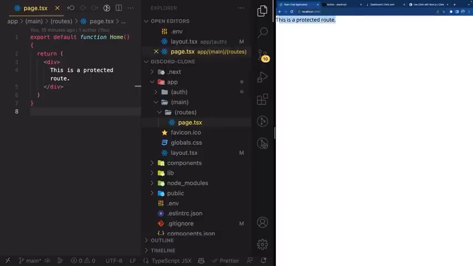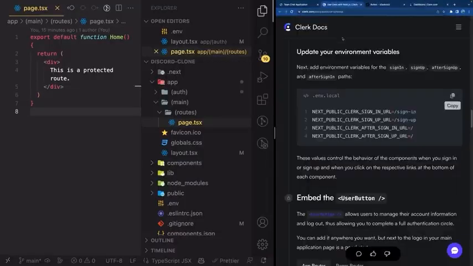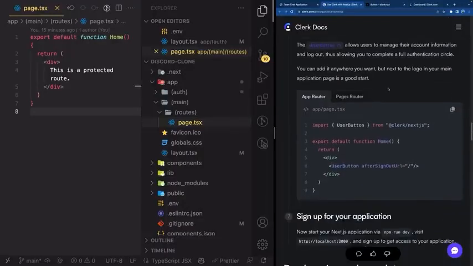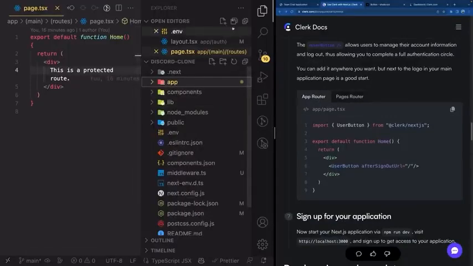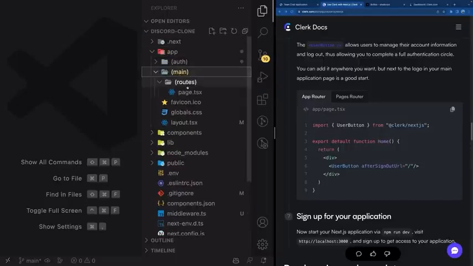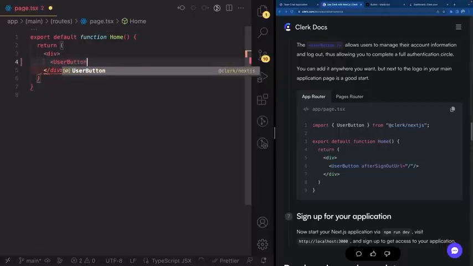And now I need to add something to log out, right? So what we can do is use this very cool component that Clerk has, which is in step 6 in the documentation, called user button right here. So again, make sure you pre-selected the app router, and let's go inside. I'm just gonna close everything and go back inside of your app folder, main routes page.tsx right here. And instead of saying this is a protected route, you can remove that, and instead let's add the user button from